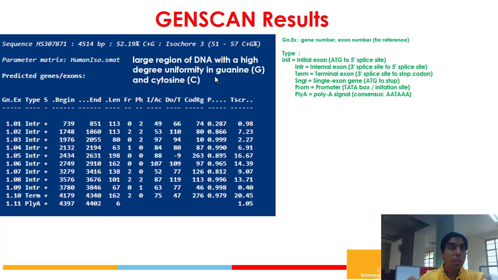There are various kinds of exon, either present at the 5' end, or present at the other terminal end, that is the 3' end, but there are also a certain number of internal exons available, which are represented by INTR. So in this result, there are 9 different fragments of internal exons present. If it is TERM, it is located here, so it represents the terminal exons.